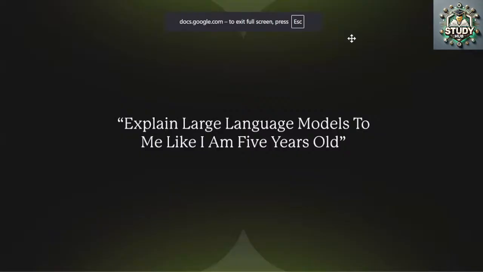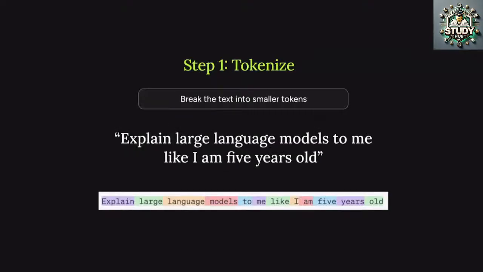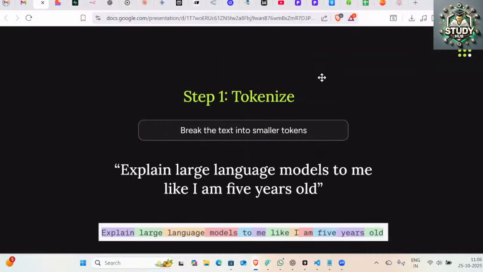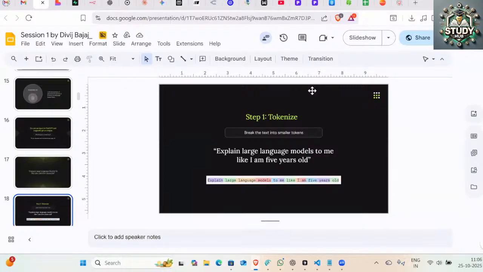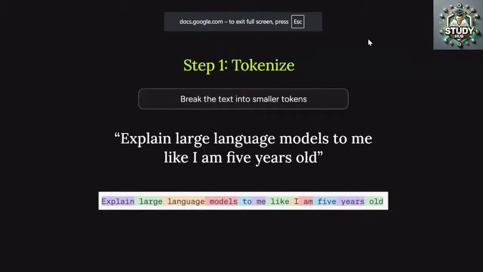I'm taking the example of ChatGPT, but any large language model works on the same principle. It doesn't matter that I'm explaining with ChatGPT. All large language models work on the same principle, and it is just a 5 step process, and we are already on step one, which is tokenization. What is happening at the back end? Let's understand all 5 steps. Step one, tokenization, or tokenize, you can call it anything. Let's understand what is happening.